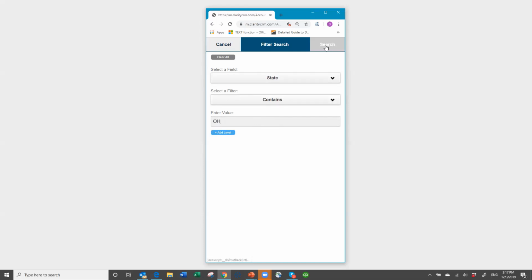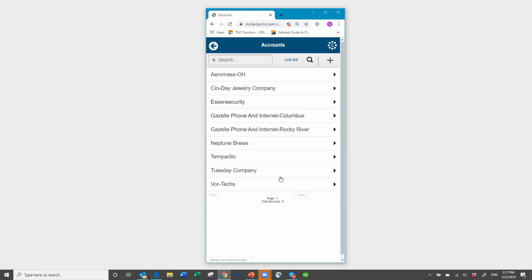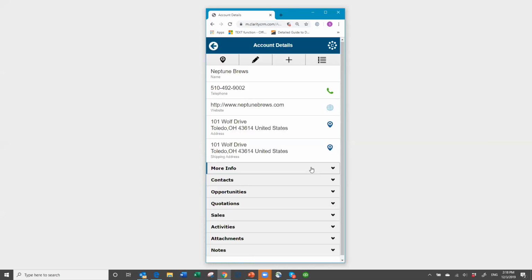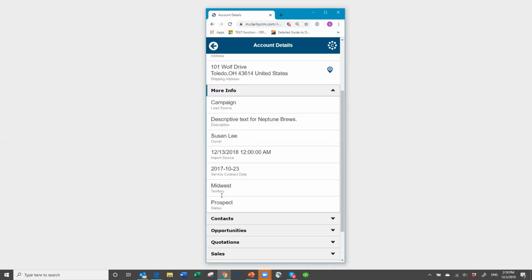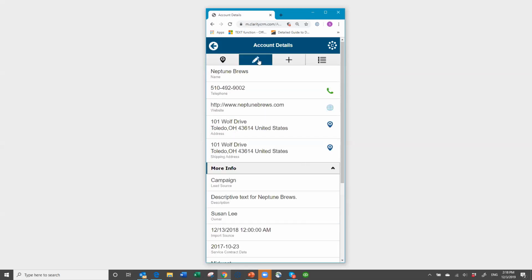Okay, we'll just search for Ohio, see what we get. So if I open this one, I know this isn't where we were, but it's the same thing. If I go to more info and I don't see that product info there, I can edit the record